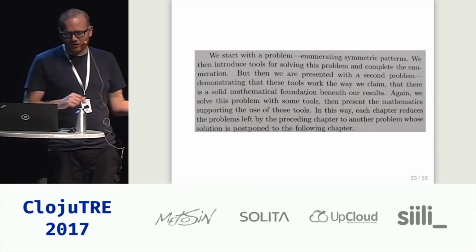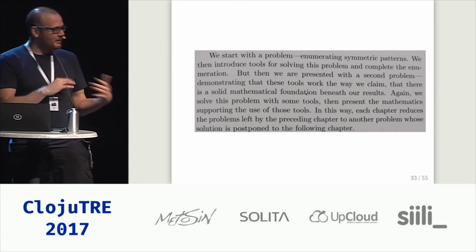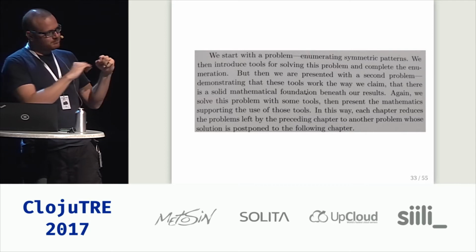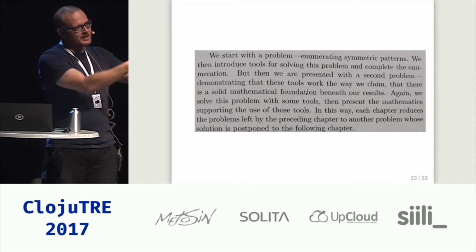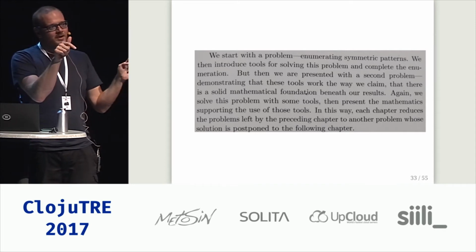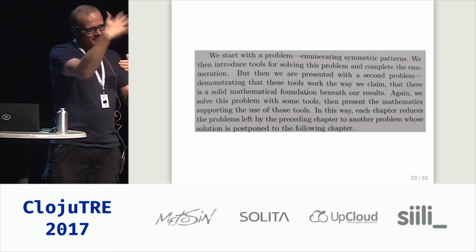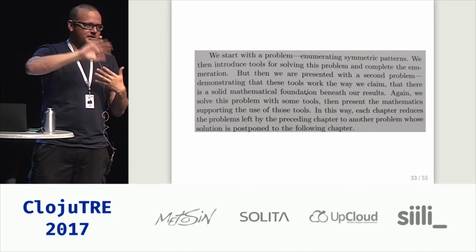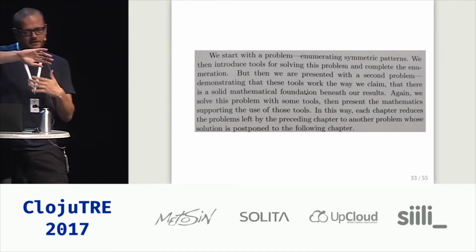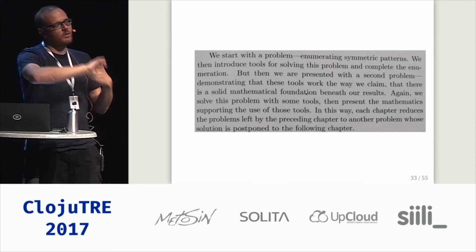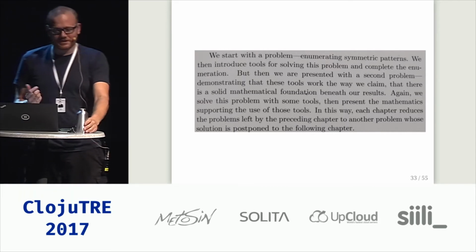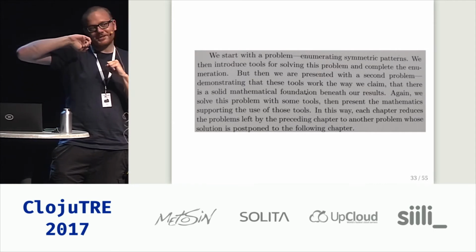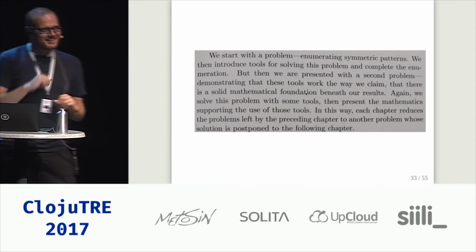That involves making more tools, which then need a justification. So the book has this wonderful flow of showing you something, and then saying, well, why does that work? Oh, it's because of this other thing. But is that valid? So it punts the description off into the future. So you get the result you want quite early in the book, but then a whole bunch of things has been postponed. So I'll be punting things off to the book,